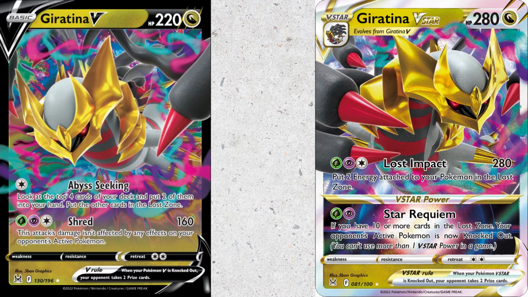The V-Star meanwhile is definitely the heavy hitter. Lost Impact does 280 damage for 3 energy, easily one-shotting Arceus and Palkia V-Star. Slap a Choice Belt on it and Mew VMAX is KO'd as well. The obvious drawback is that you have to put 2 energy from your Pokemon into the Lost Zone, so resource